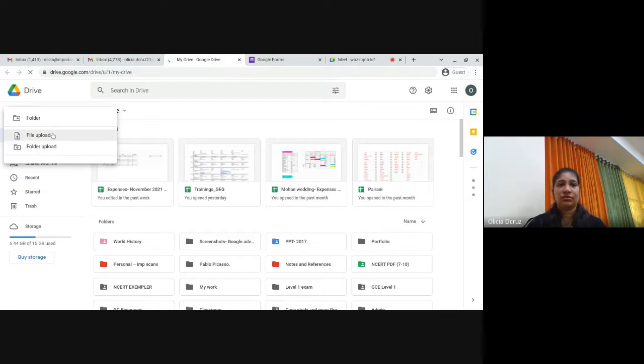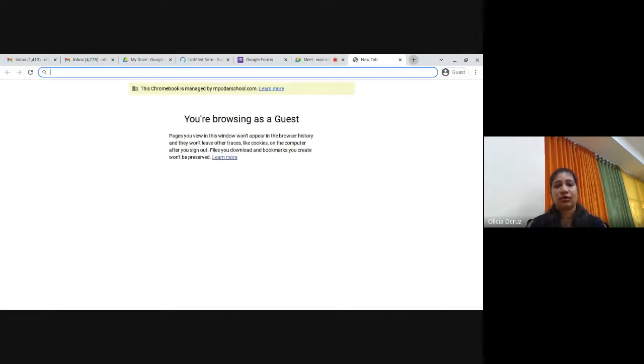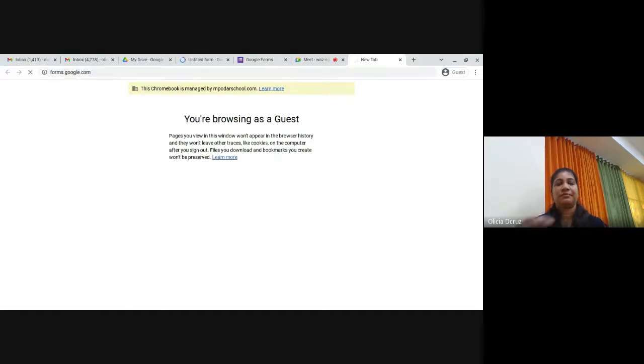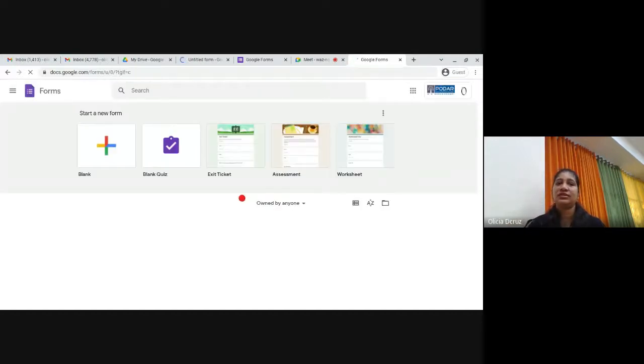Today we'll be only focusing on the Google form, so let us see what exactly you get. So there'll be options coming here, and you can use those options. So Google form, and the Google form opens for you. And the third and the last way is in the omnibar you type forms.google.com. So when you type forms.google.com, your Google form page will be loading. So these are the three ways in which you can access the form.